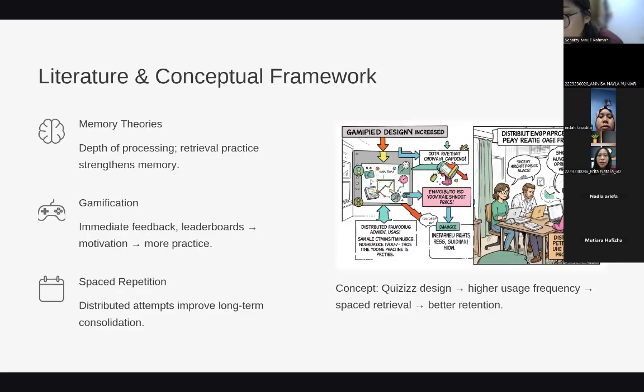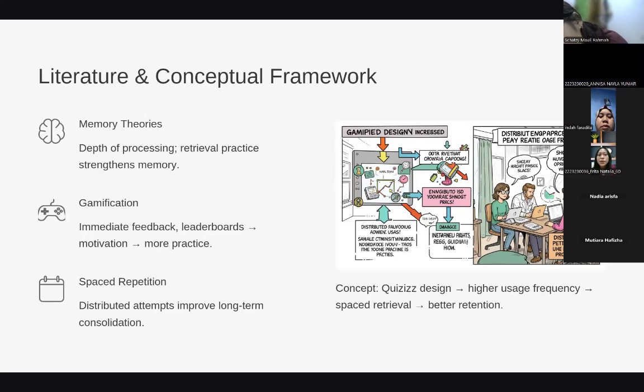For the literature and conceptual framework, before testing the students, I based my study on three specific theories about how the brain works. First, memory theory. Science shows that the more you force your brain to retrieve information, the stronger your memory becomes. Second, gamification.